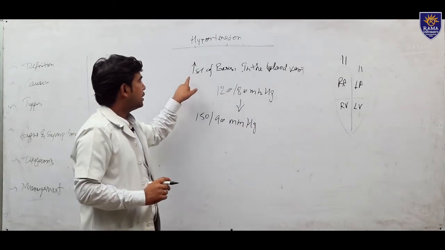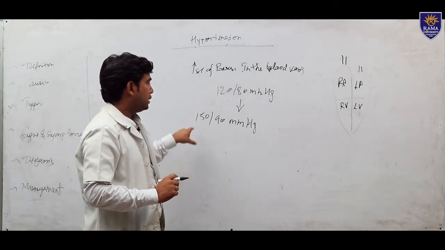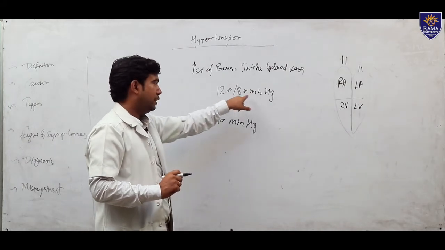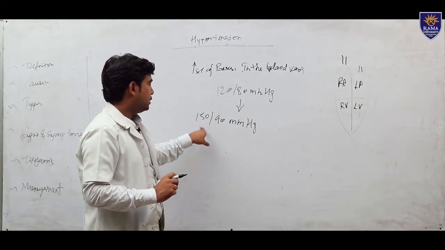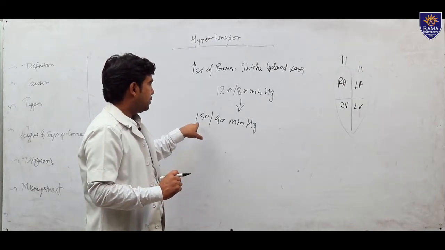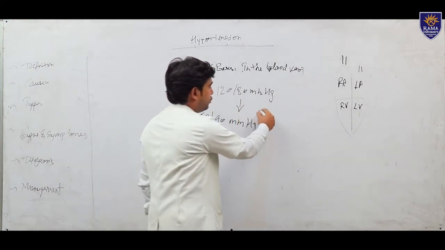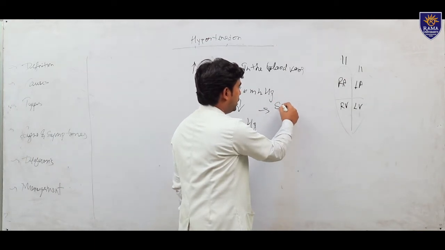It means when the blood vessels are narrowing, then the pressure is increased. The normal pressure is 120 by 80, and the increased pressure is 150 by 90. And here there are two things, first is systolic